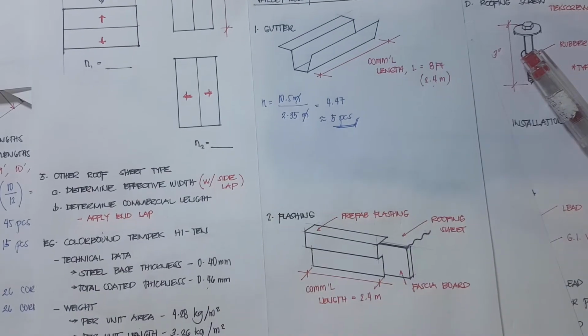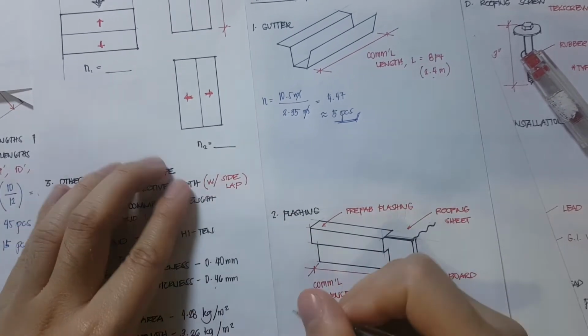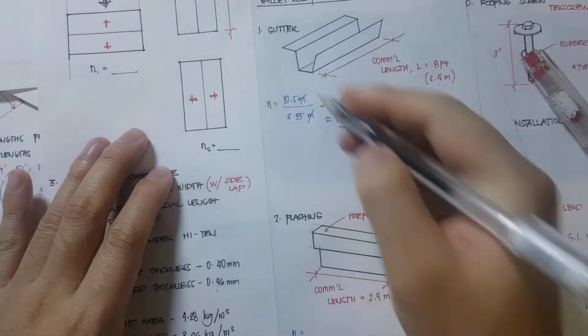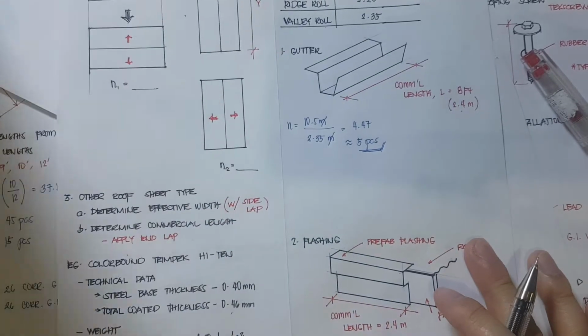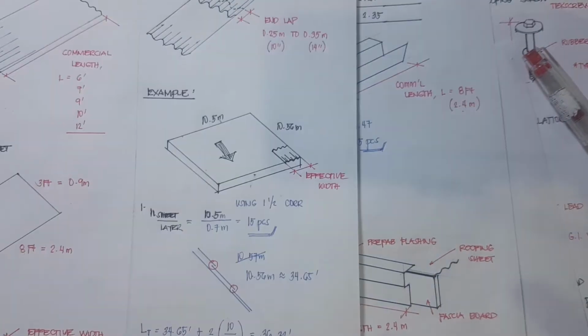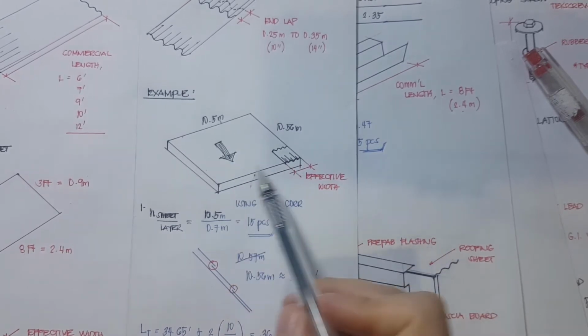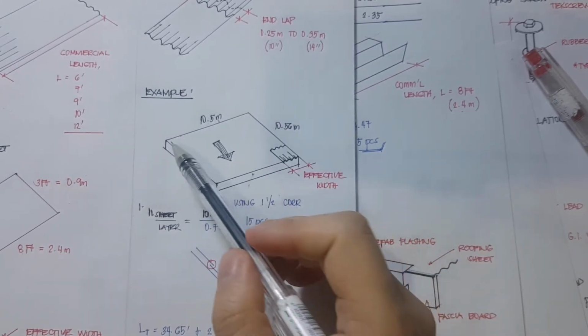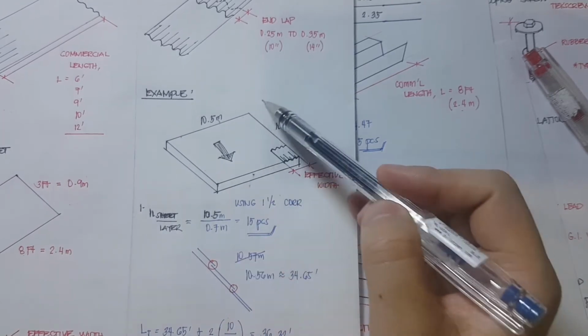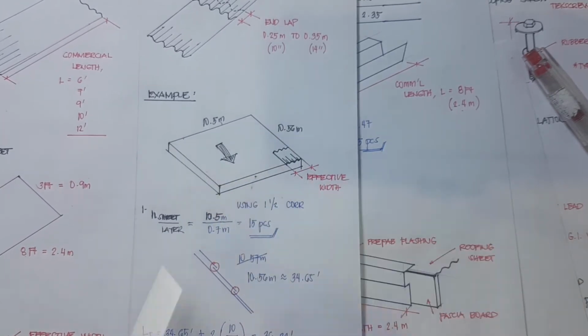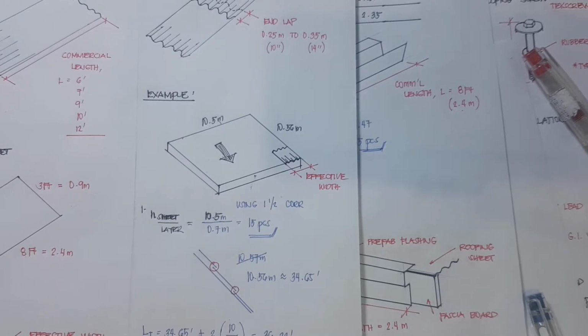So, same procedure. To determine the number of flashing, we have N is equivalent to, for the flashing, saan ang lalagyan natin dyan ng flashing? So, dito, nilalagyan natin ng flashing. Because we have the gutter here, we have the flashing here. So, tatakpan natin yung fascia board dito, fascia board, fascia board. Okay? So, for the flashing,